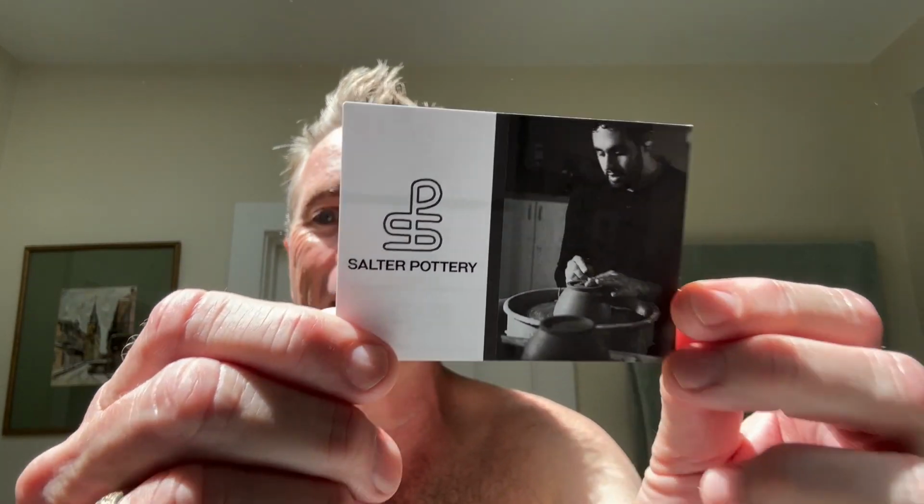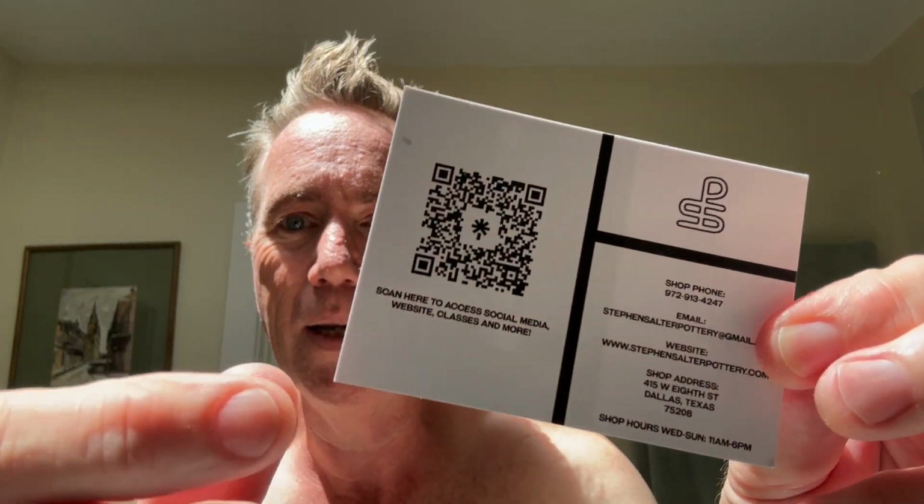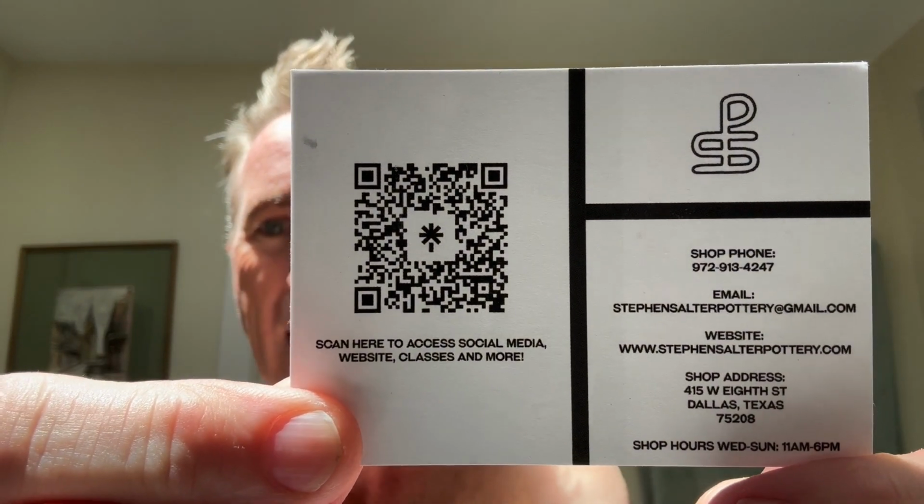Okay, so we're going to shave today with a couple of different things. First of all, a while back I teased this gentleman, Salter Pottery, Steven Salter. Here's his card. He does custom, beautiful pottery, and he's up in the Dallas area, 415 West 8th Street in Dallas, Texas. He makes all this custom stuff, shave bowls, and these groovy ramen bowls